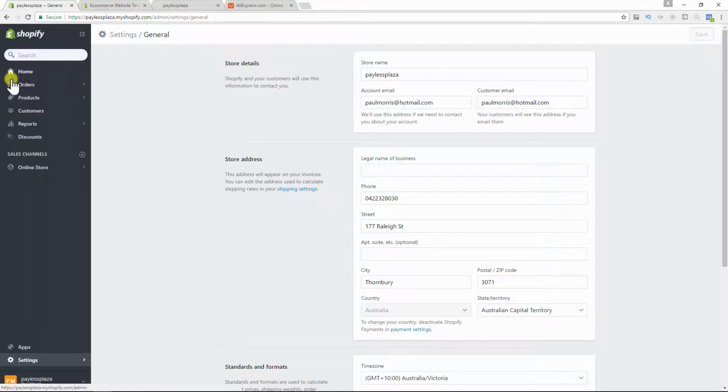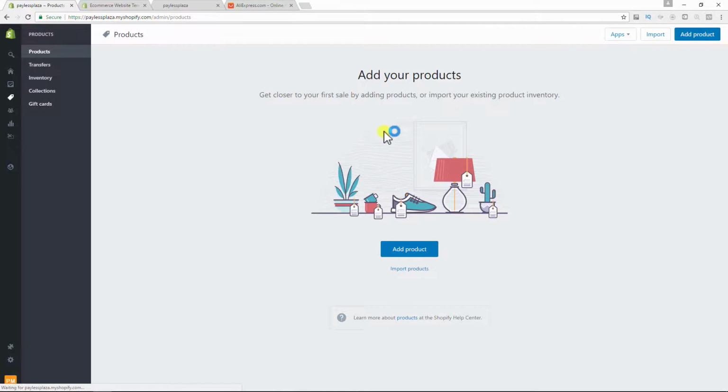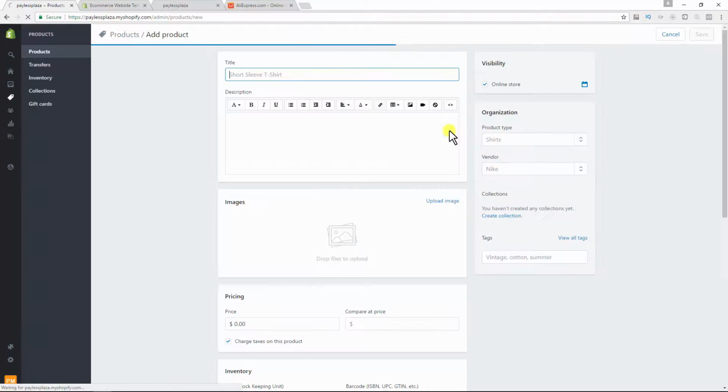So let's just go back to the products, and you'll see here that it has add your products. So this is really simple and straightforward. If we click add a product, either in the top right or in the middle, you can see you can add a product here. So if we had a t-shirt for sale, let's say we had a Batman t-shirt, although you shouldn't be using copyrighted stuff, but let's say you had a Batman t-shirt,